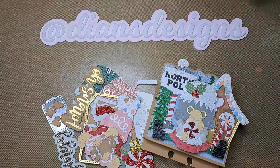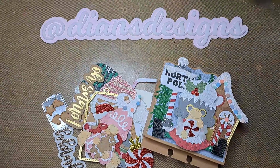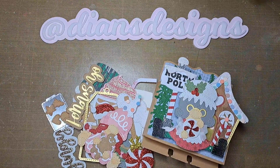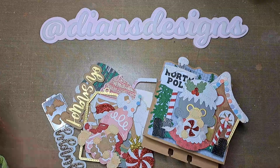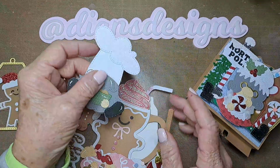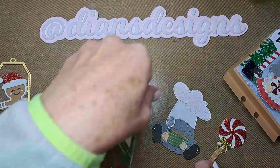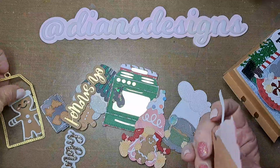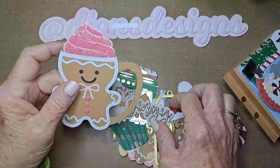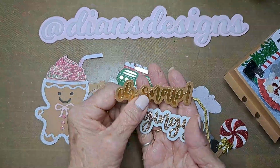I just spent 4 days at a scrapbooking retreat, and I thought I'd come on and show you some of the things that I worked on. Some items I probably won't show you, but I don't think it would matter whether I showed you or not. But anyways, I worked on die cuts. I had to make a set of 10 die cuts for 6 different swaps. So I thought I would show you some of the ones that I made. They took me 2 whole days to make, but probably because I used the most extensive dies that I had. I think out of the dies that I used, these were probably the easiest,